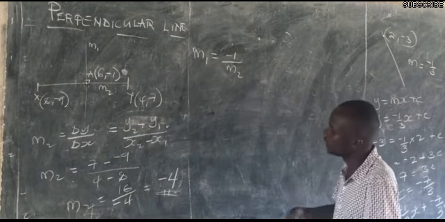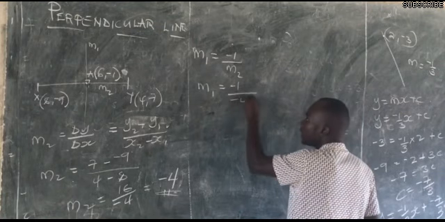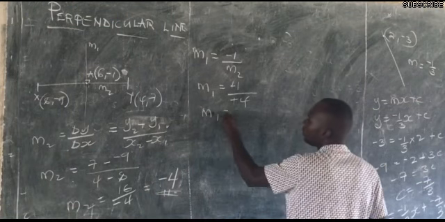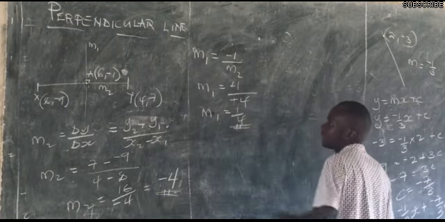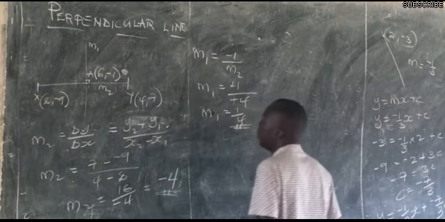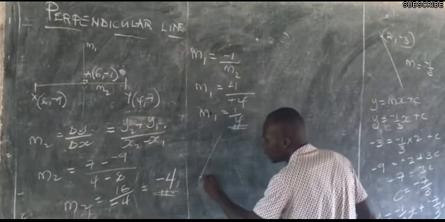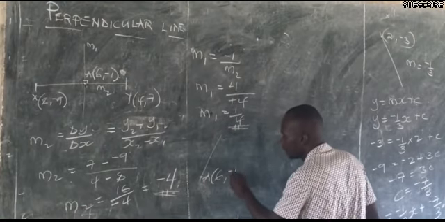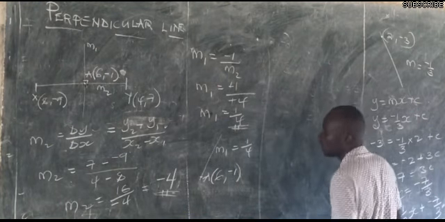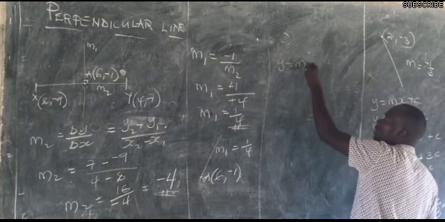We say the result is the negative reciprocal. So m1 is going to be -1 divided by -4, whereby these two become positive values. So my m1 is going to be 1 out of 4. What does this mean? We now have the gradient of this other line. So, since we have the gradient and we have one known point, which is point A, and it is (6, -1), with the gradient m1 given as 1 out of 4, we can easily look at the equation of this line coming from y equals mx